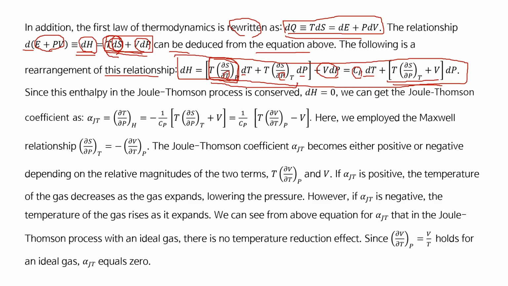So the differential of the entropy is given by this relationship. Since this enthalpy in the Joule-Thomson process is conserved, so dH should be 0. So you can get the Joule-Thomson coefficient as